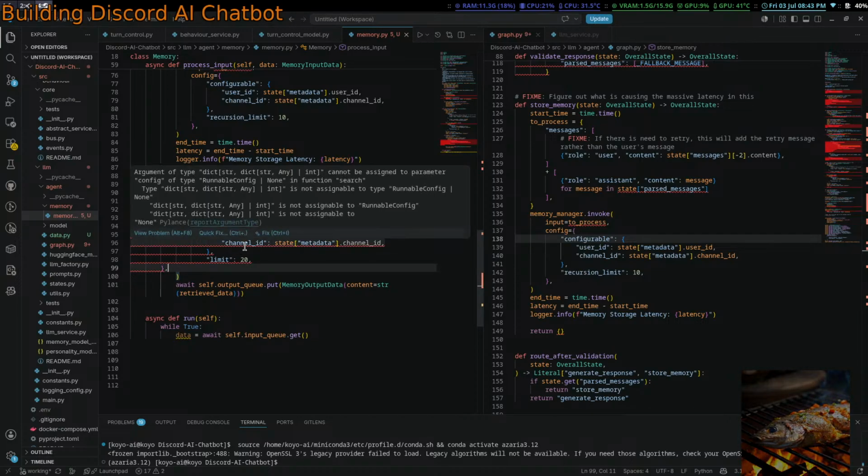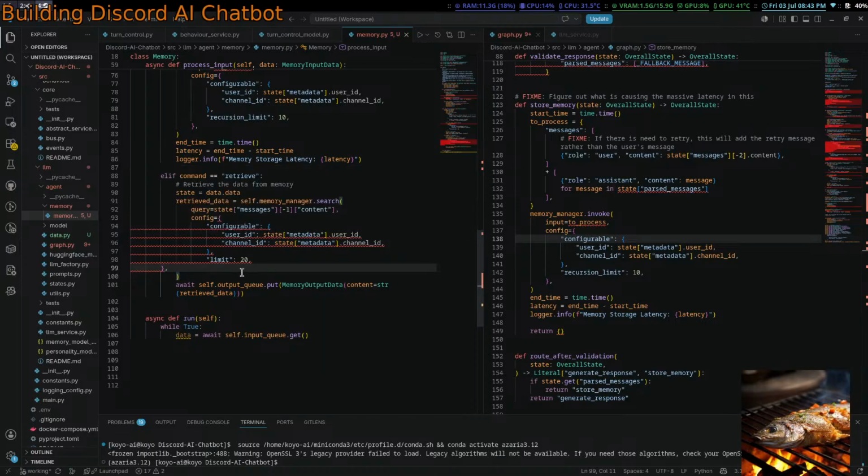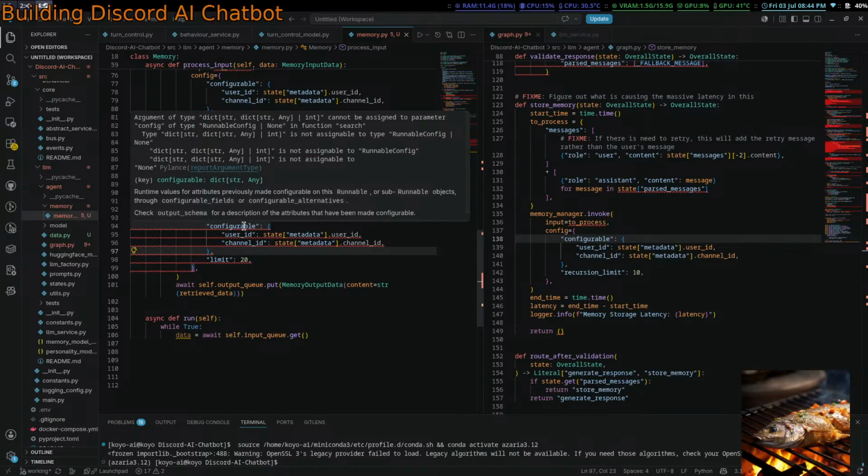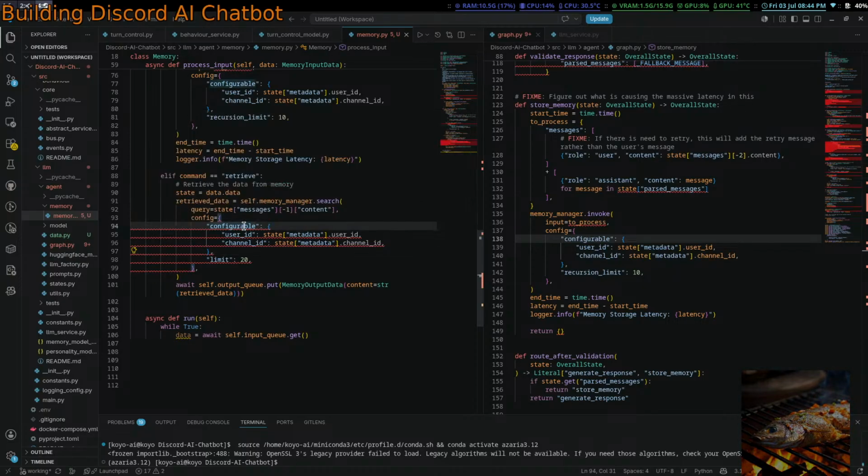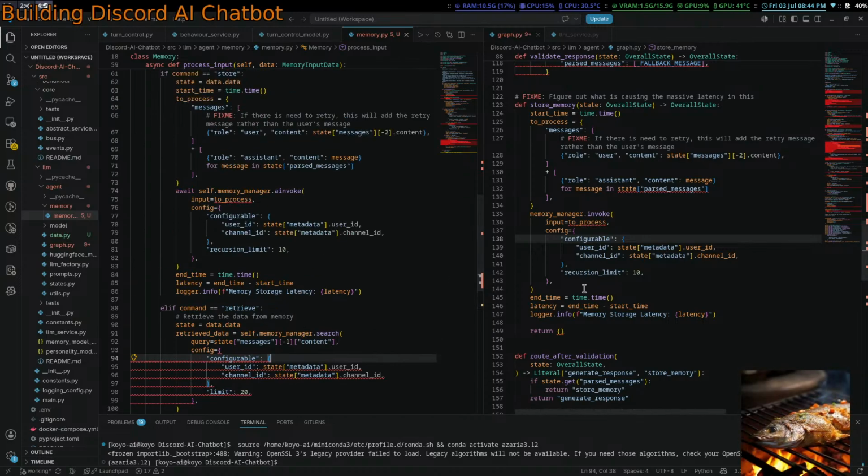Why is it so scuffed? And also, why is this thing all the way here? Oh, I don't want that. Runnable config none and function search. Runnable config. Just ignore the problems and they'll go away.